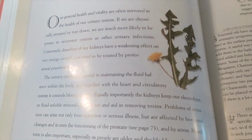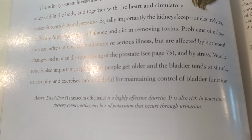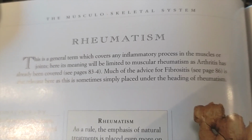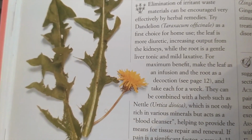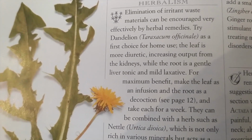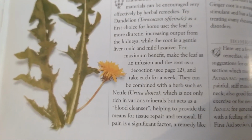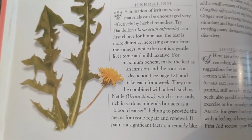Looking in the second book, for now, we have found out that dandelion is a highly effective diuretic. It's also rich in potassium, thereby countering any loss of potassium that occurs through urination. And because of its diuretic properties, apparently dandelion is good to use for rheumatism. Here they recommend to do an infusion with the leaves and to do a decoction with the roots, and that they are a little mild laxative and a gentle liver tonic, and that will help you eliminating the waste